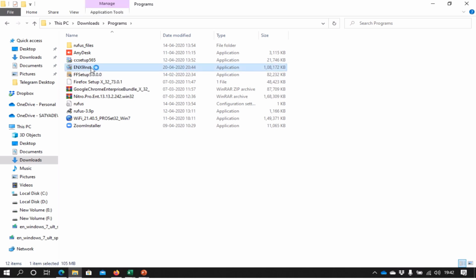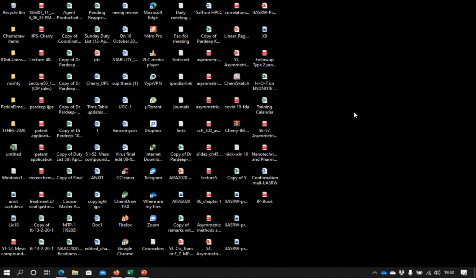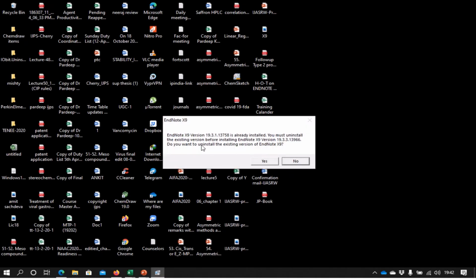When you click on this, now look, the version is X9.3.3. Click on yes. I have already installed version 9.3.1 and this is the newer version 9.3.3, so I am not going to update right now.